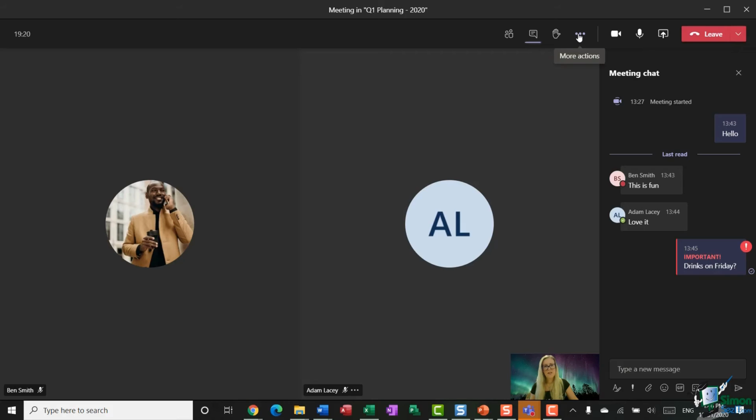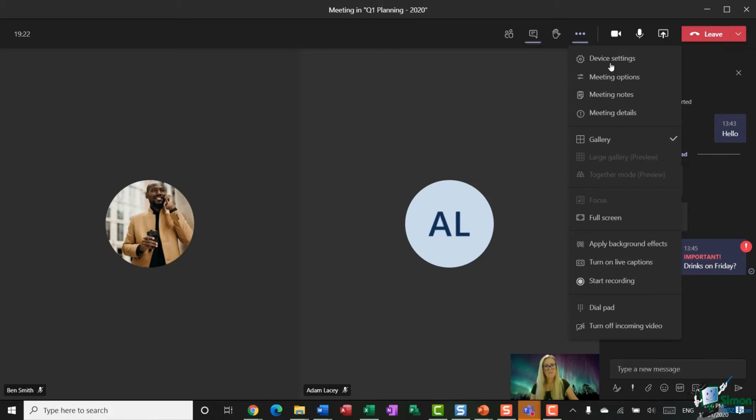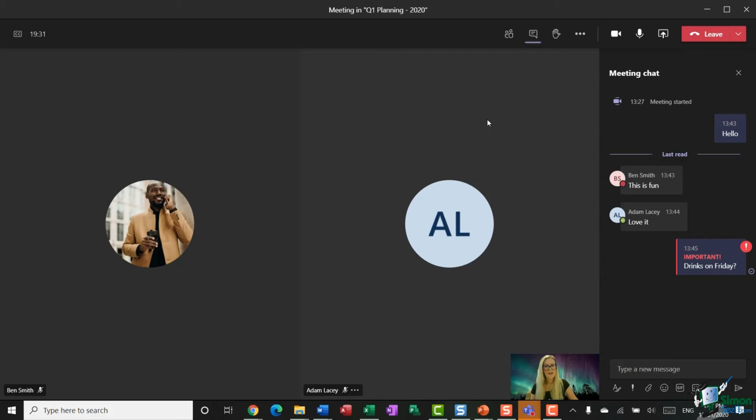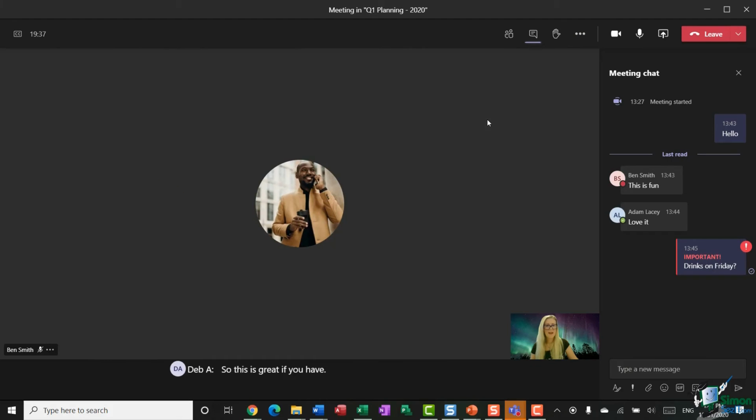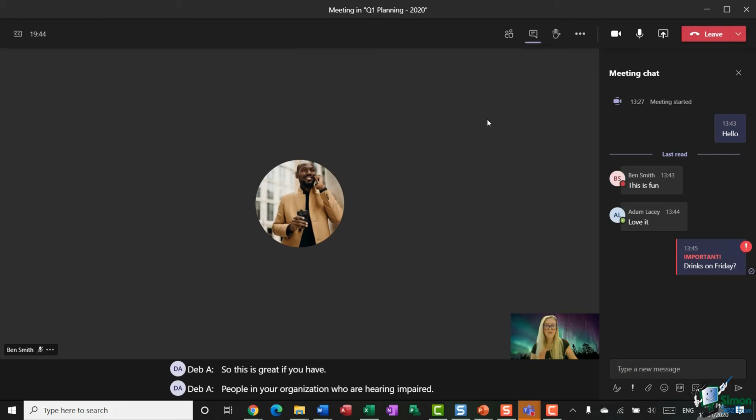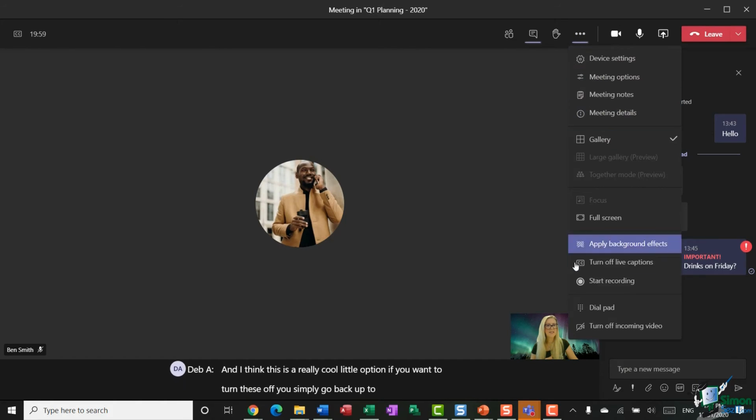If we go back to more actions at the top here, something that's really useful can be to turn on live captions. This is great if you have people in your organization who are hearing impaired, as you get a bar running across the bottom that types out everything that the speaker is saying. And I think this is a really cool little option. And if you want to turn these off, you simply go back up to more actions and then just select